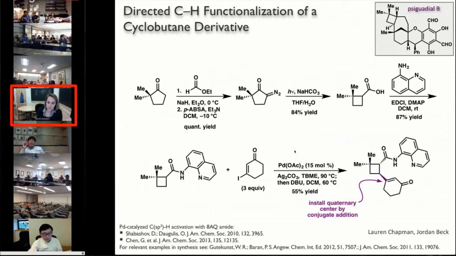So I think this was a pretty nice solution. I'm going to detour a little bit from the CH functionalization chemistry and tell you about how this sequence of reactions actually led us to develop a new reaction to prepare these types of cyclobutanes in enantiomer-enriched form. So if you go to the next slide,